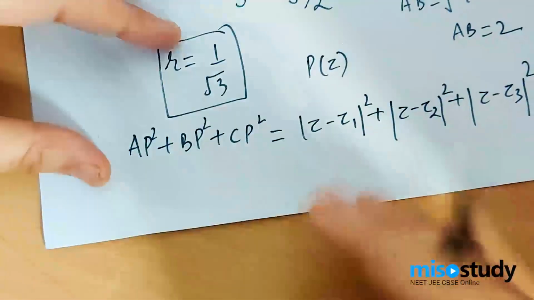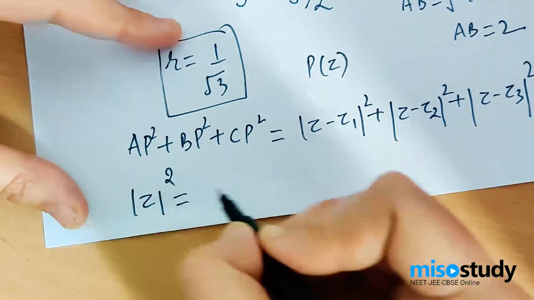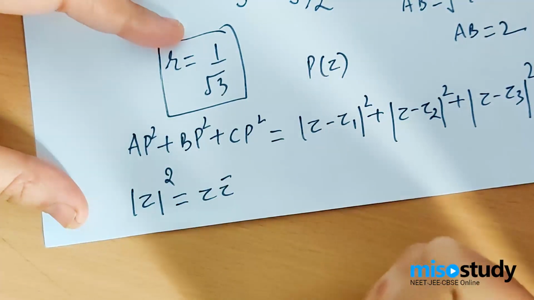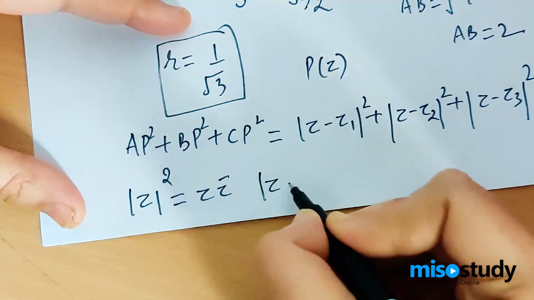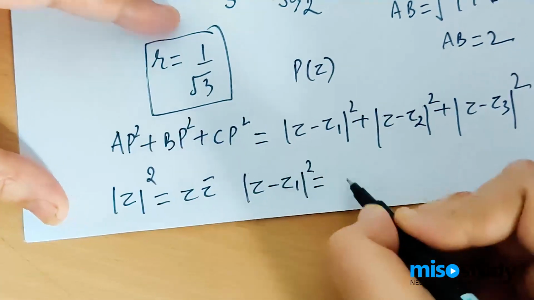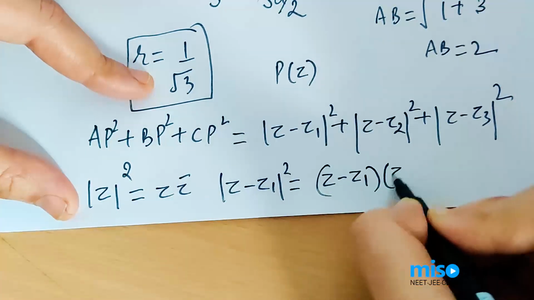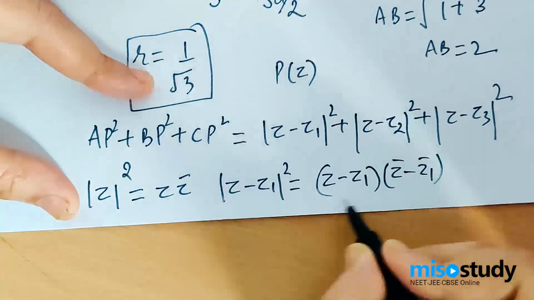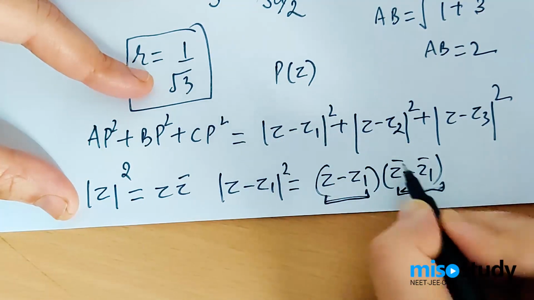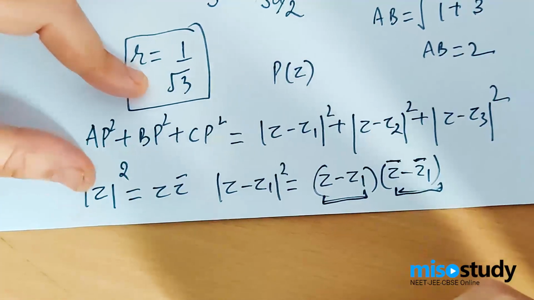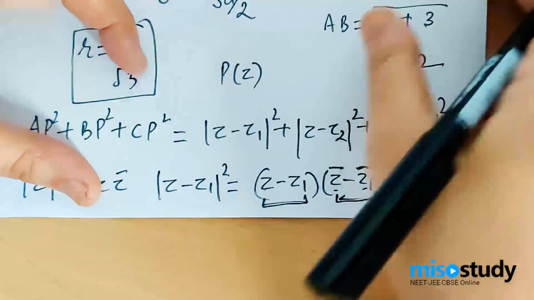Okay. Now I am very well aware of this formula from the first question itself, that mod Z square is Z Z conjugate. And if I apply this on mod Z minus Z1 whole square, I will open it in a way, because students open it just like a normal algebraic expression, which is wrong. Let us assume this is capital Z and this is capital Z conjugate. So you will have to have conjugate on both of them. So if you open it, you will get this is nothing but equal to